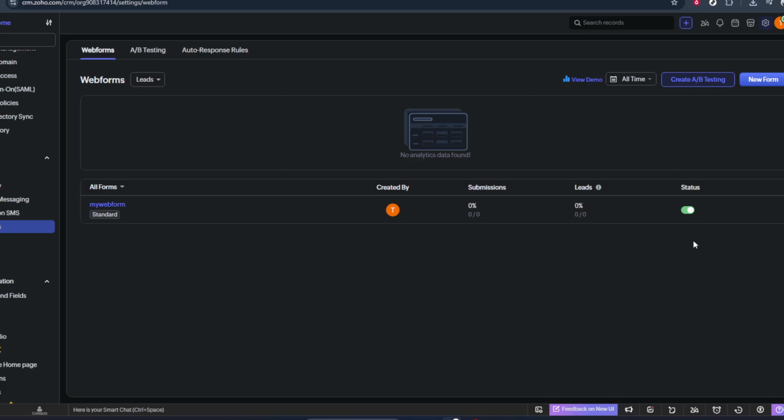After you flip the toggle, follow any on-screen prompts that appear. Zoho may ask you to confirm the change, save your settings, or review